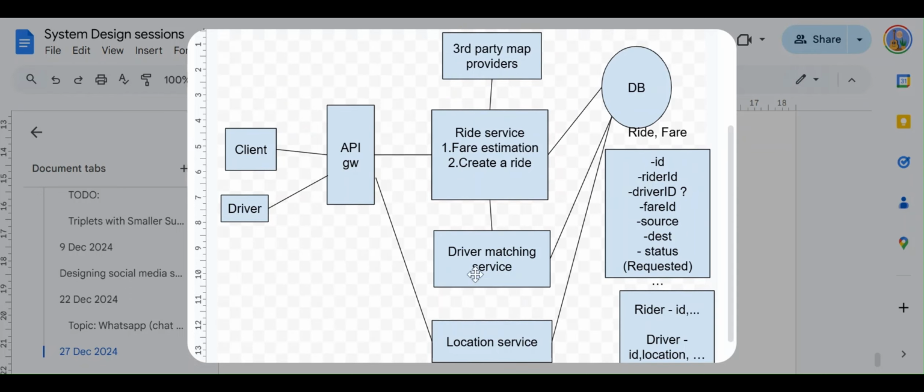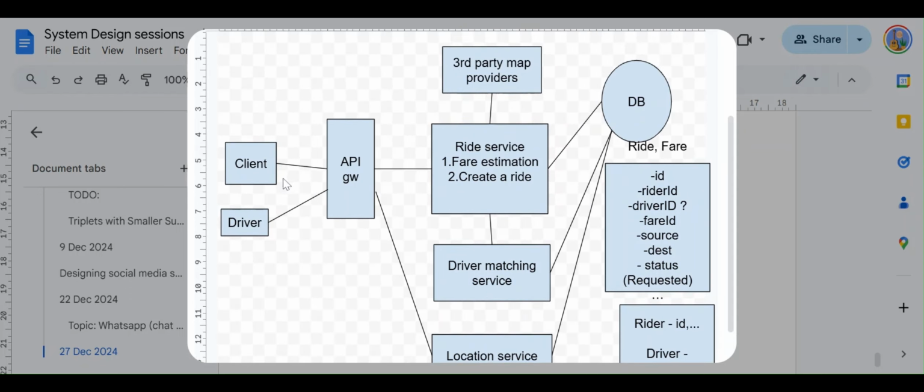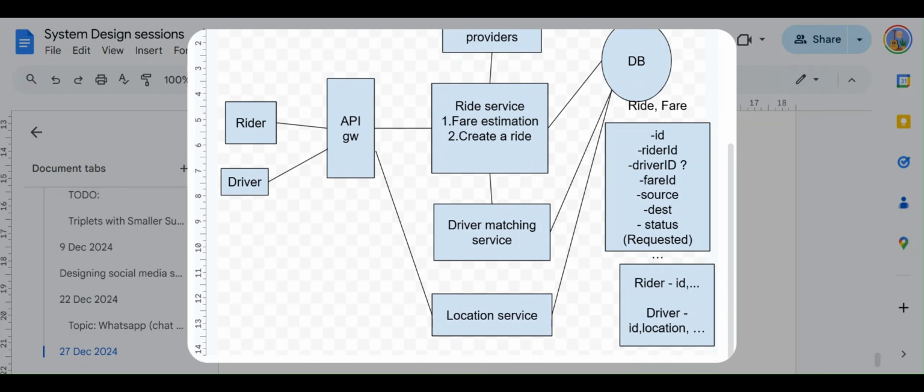Now the driver matching service. When a rider, let me just put him as a rider, creates a ride, he's basically requesting a ride, right? He's asking to match himself with a driver. So what happens at this point in time is the driver matching service takes the request.